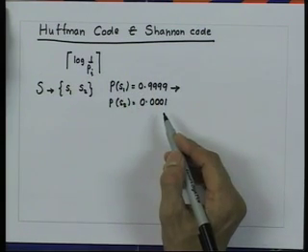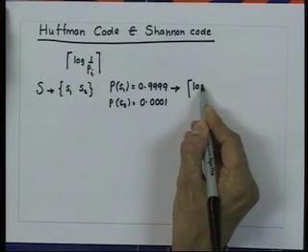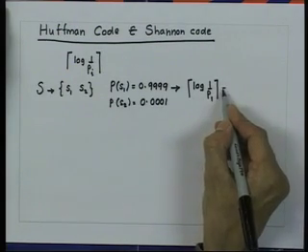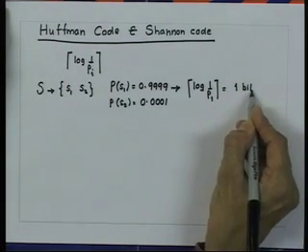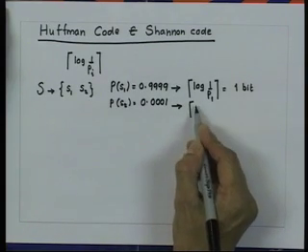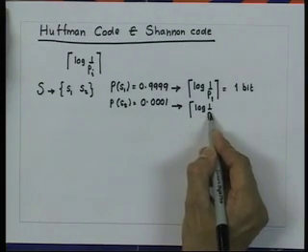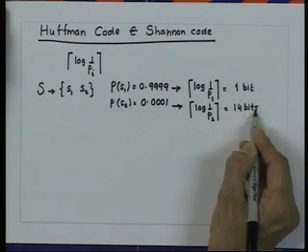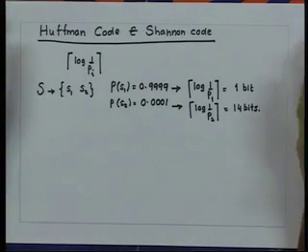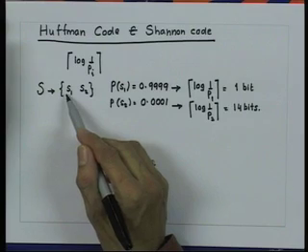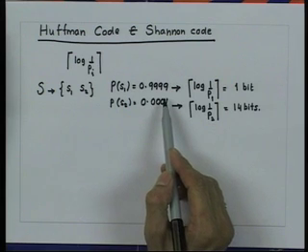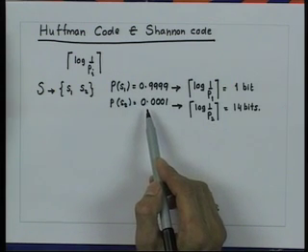then we can calculate the number of bits which we should allot to the source symbol S1 as the upper floor of log of 1 by P1, and that will come out to be 1 bit. And for this, the upper floor of log of 1 by P2 will be equal to 14 bits. Optimal code word length is obviously 1 bit for both the symbols S1 and S2. Hence, the code for the infrequent symbol is much longer in the Shannon code than in the optimal code like